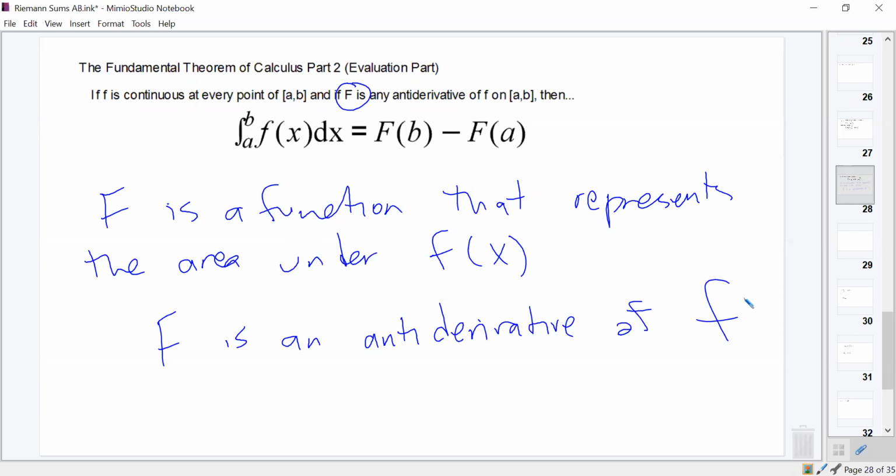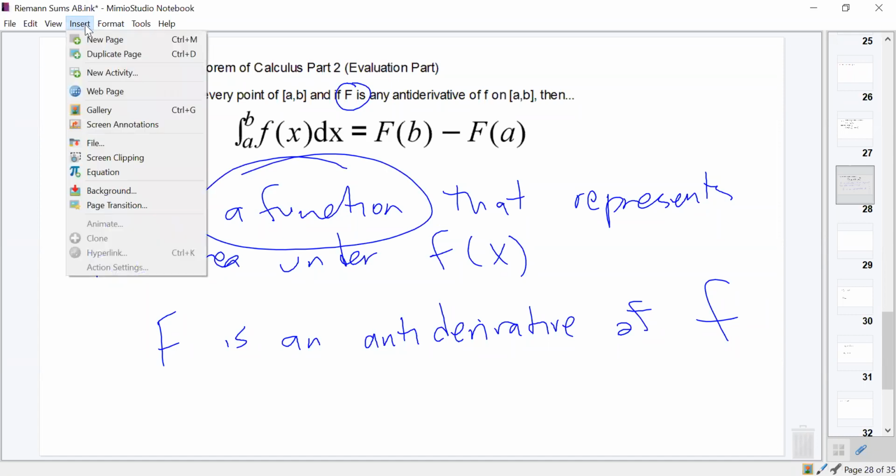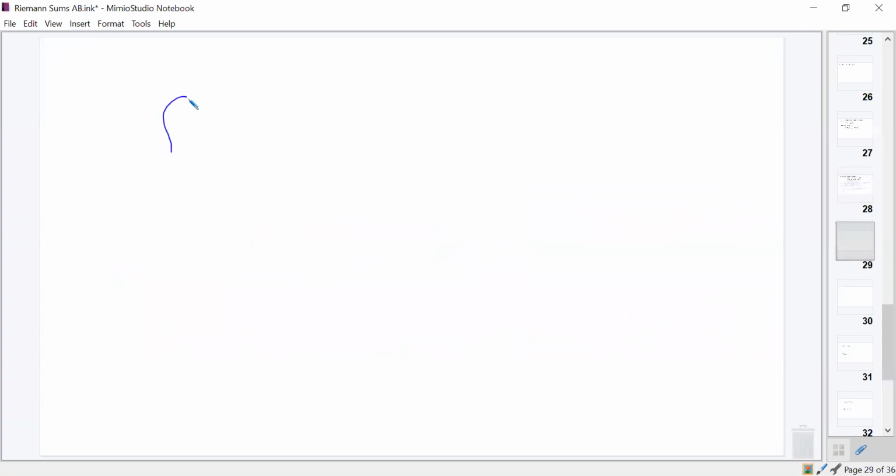So before, when we found these antiderivatives or these integrals, we were looking for area under a curve and we were evaluating them at specific numbers. Well, for almost every function that exists, there is the integral of that, which is a function. And so we can write the integral of something as a function in functional notation. So for example, if